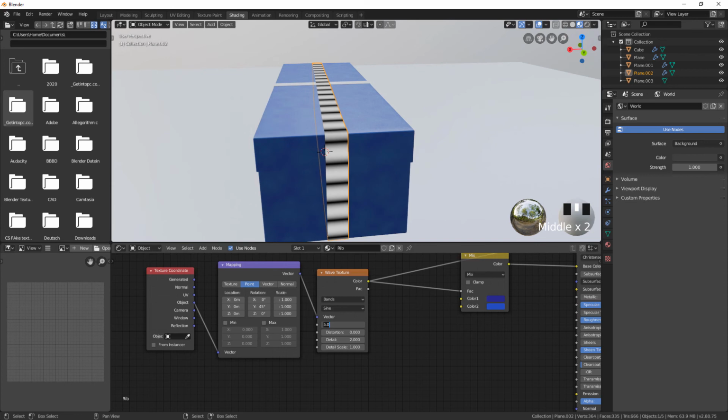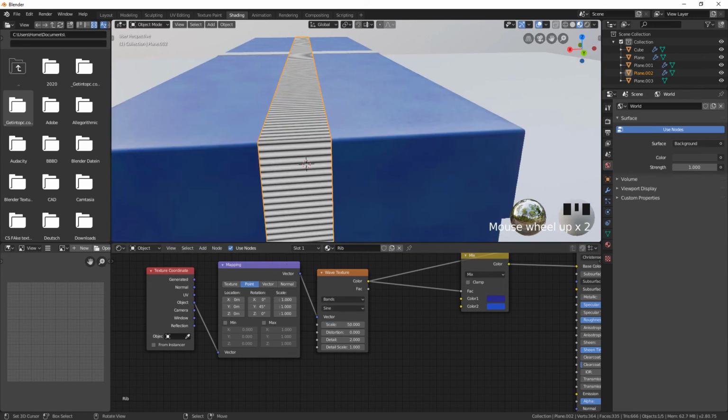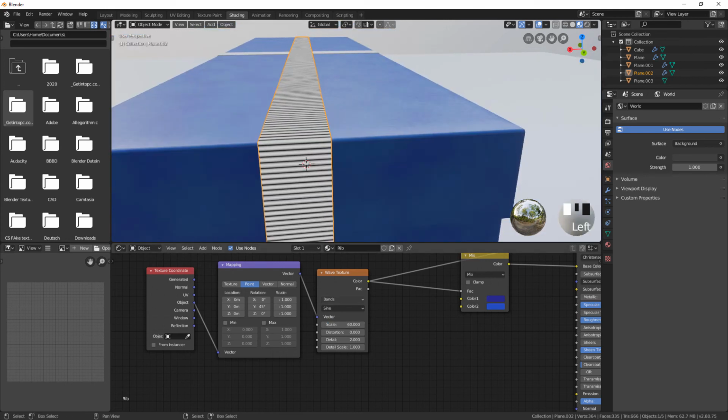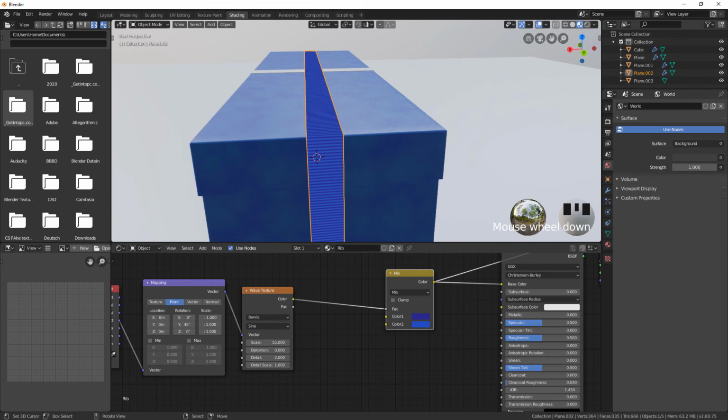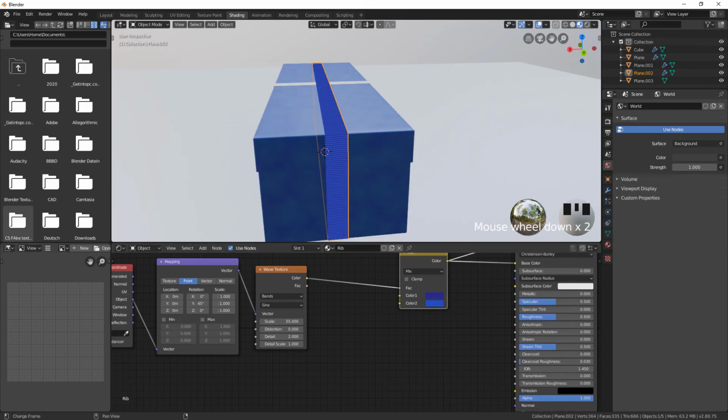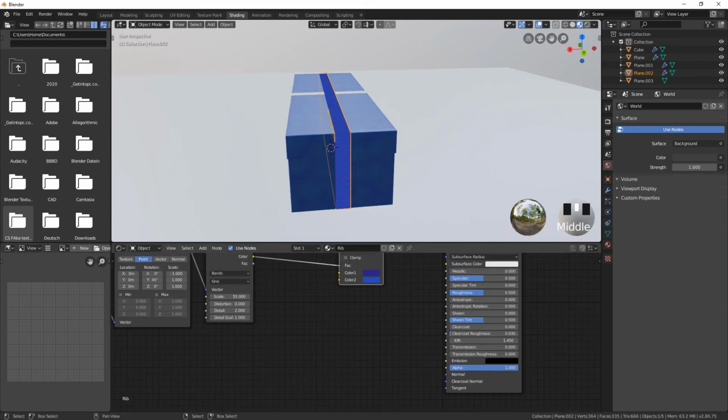Now the number of those bands is determined by the scale, so you could go really nuts with it and do like 60 or something like that. Maybe 60 isn't even that nuts, maybe even 70. Depends on how close you want them to be. I'm just going to go with 55. And what it does to the mix RGB is basically it does this, which already looks like a ribbon, but not yet, not quite. So we can plug the same thing into the normal